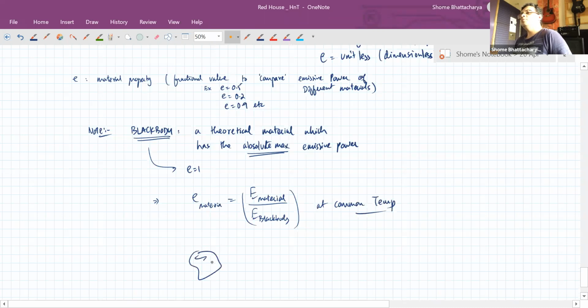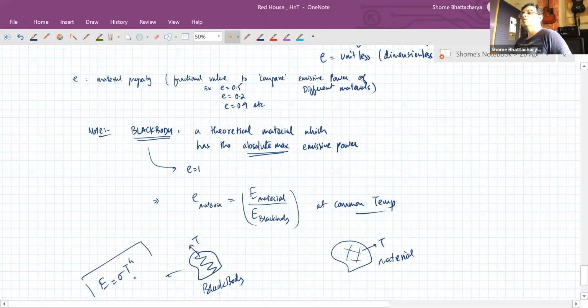So if you take a black body at a temperature T, and you take whatever actual material I have, but again at that temperature T, then this one will have an emissive power of sigma into T raised to the power 4, because this is a black body, so its emissivity is 1. And this one will have e into sigma into T raised to the power 4, because this is some actual material,